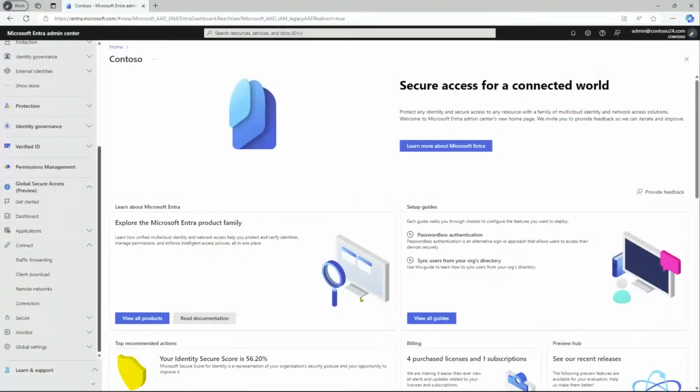Martin? Thanks, Mark. My name is Martin Kutzer, and I'm a PM in the Entra organization, and I help customers deploy our solutions. So in this demo, we're going to look at how you can combine the various products in the Entra Suite to make it easier for you to control access and give your users access to those various